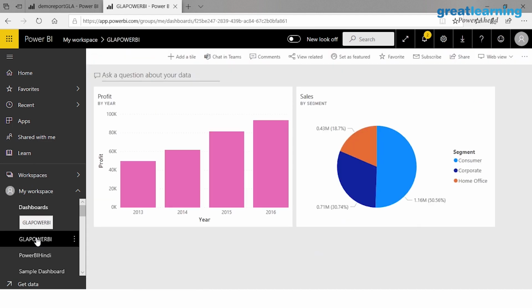You see, I picked another visual from another report, and now in this dashboard we have two different visuals with us, right? So this is how you go ahead and create reports in Power BI, or dashboards rather, not reports, these are dashboards. So this is how you create dashboards in Power BI.